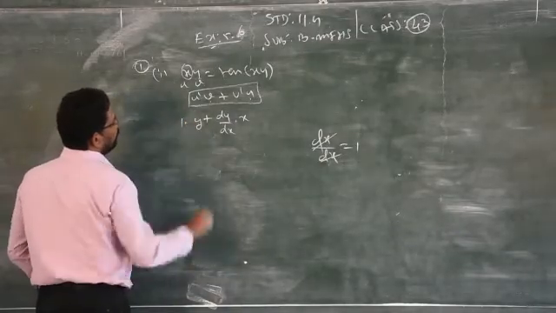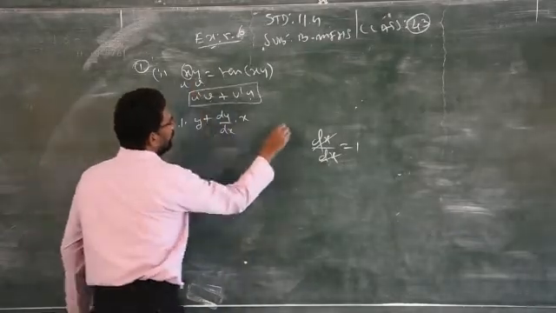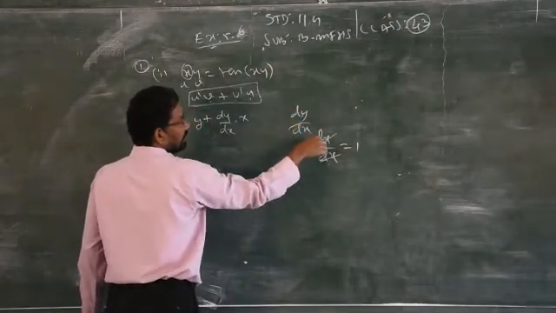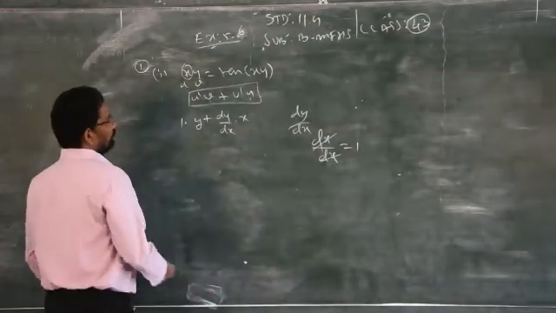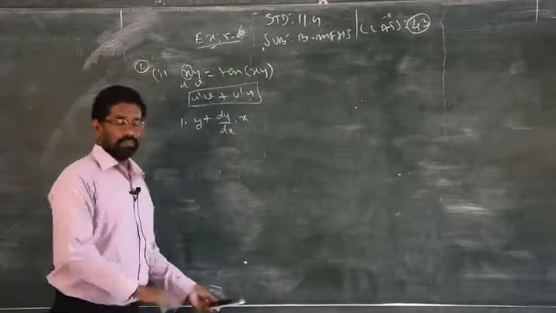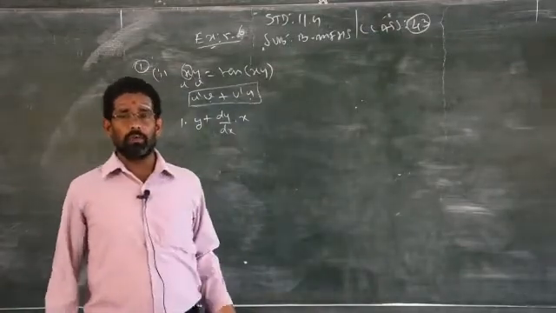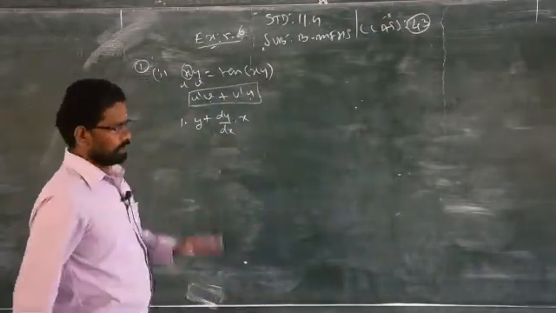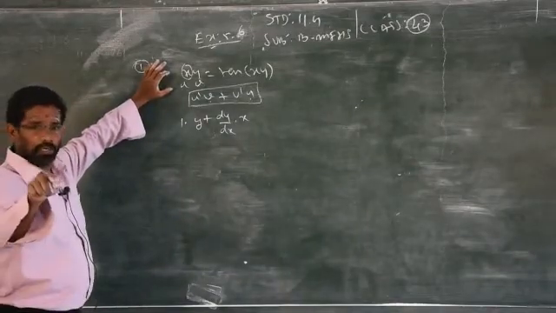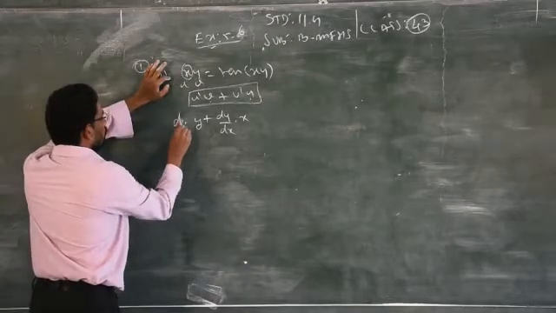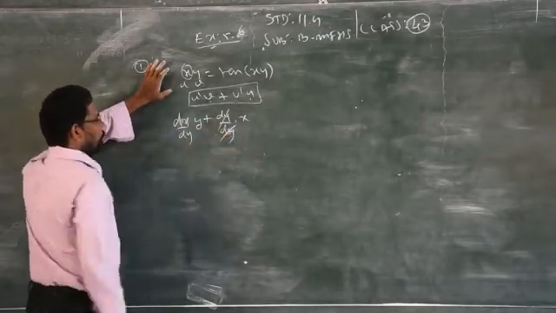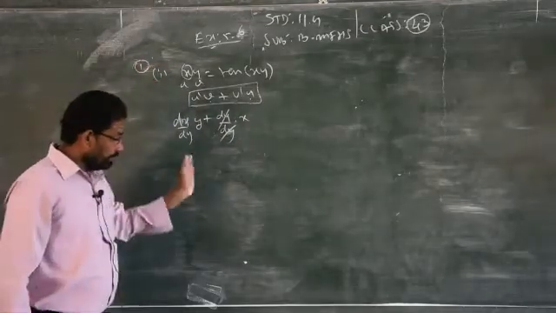So 1 into y. Here you are differentiating y with respect to which variable? X variable. So you cannot cancel like dx by dx. Clear? So don't get confused. How do you get dy by dx over here? Don't just memorize that wherever you see y, you can always write dy by dx. Not like that. When the question asks to differentiate with respect to y, then here will come dx by dy, here will come dy by dy. Clear? The answer may change.